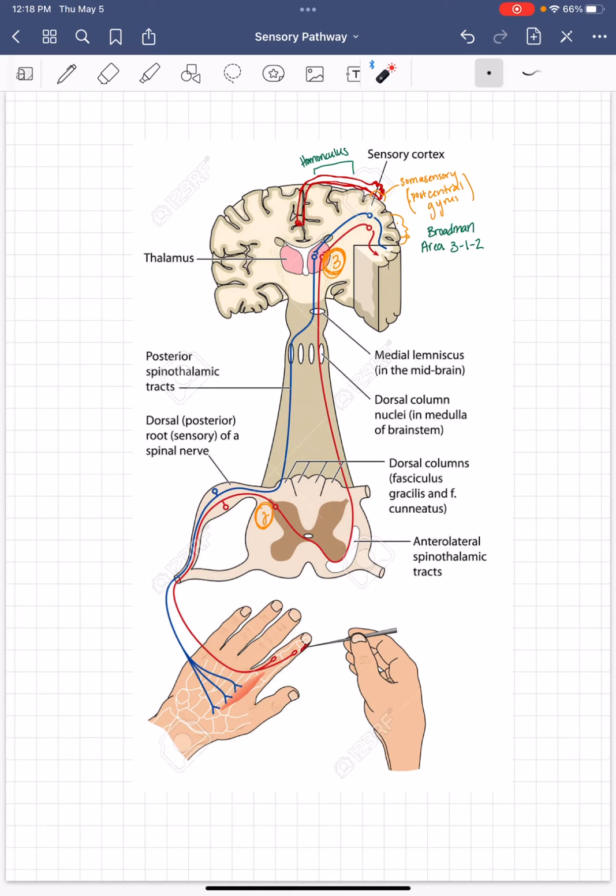The second order neuron will cross at the medulla, then continue to the brainstem, but will now cross over to the left side of the brainstem. The second order neuron continues ascending through the brainstem, through the pons, and the midbrain. With the sensory information, the second order neuron travels up to the contralateral ventral posterior lateral nucleus in the thalamus